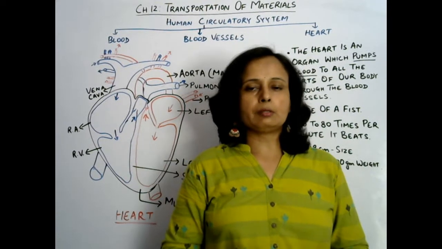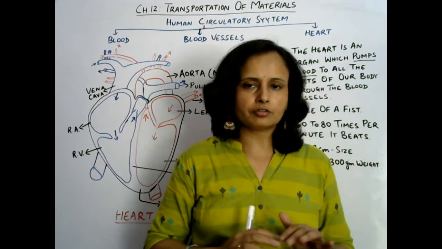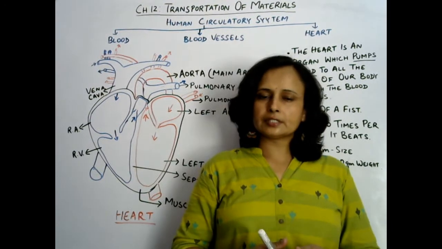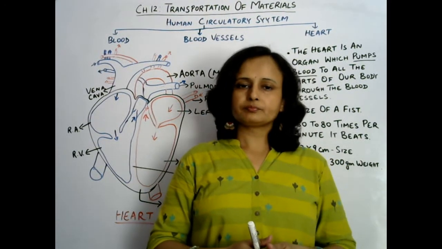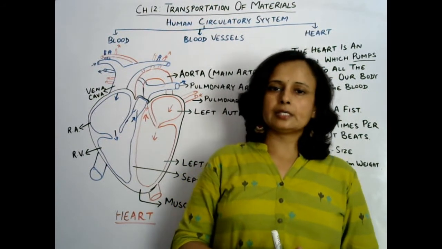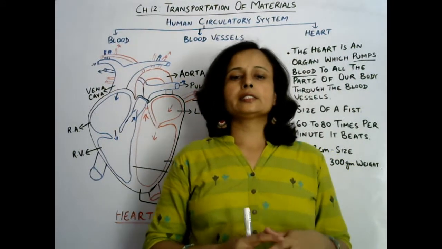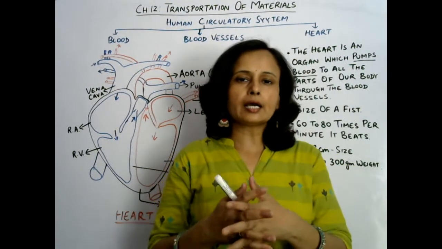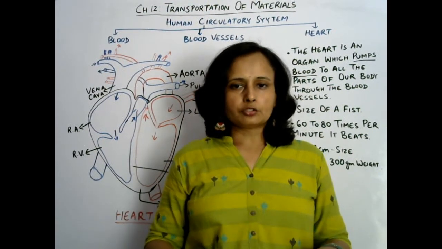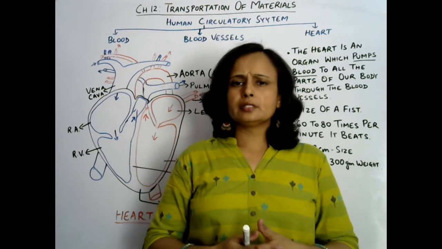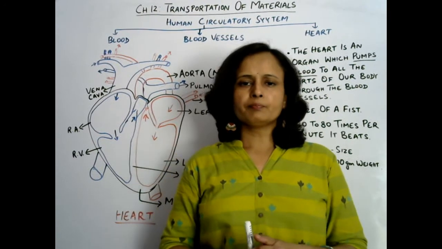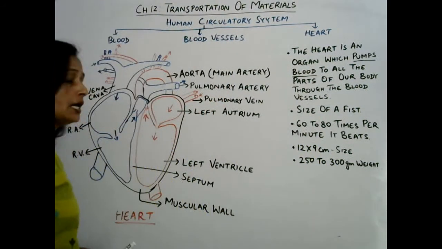And then pulmonary vein carries pure blood from lungs and supplies it to left atrium, then left ventricle, then from left ventricle pure blood is supplied to aorta, that is the main artery, biggest artery, and through aorta it supplies to the other arteries, smaller arteries, and finally reaches each and every part of body, correct? So in this way blood is pumped all over the body,